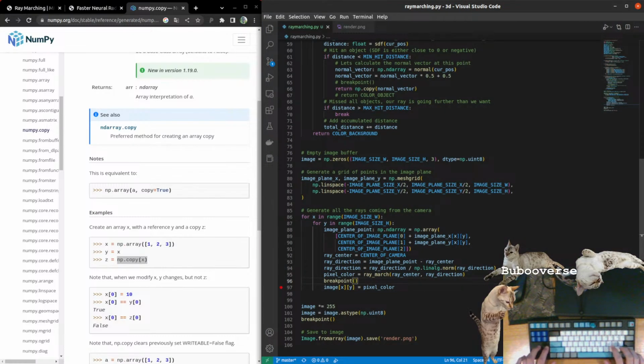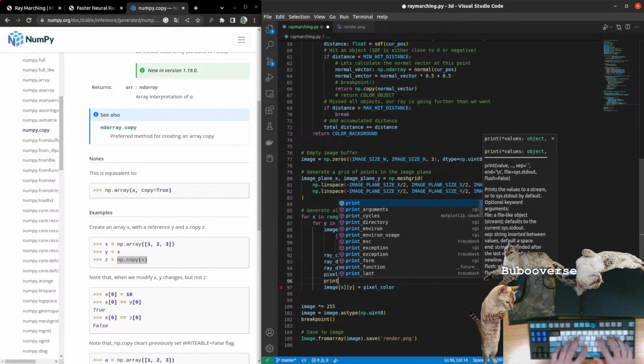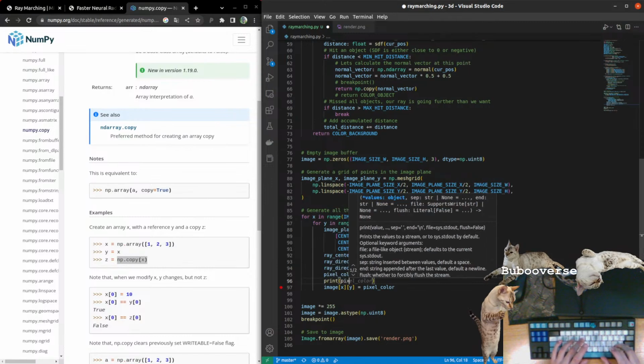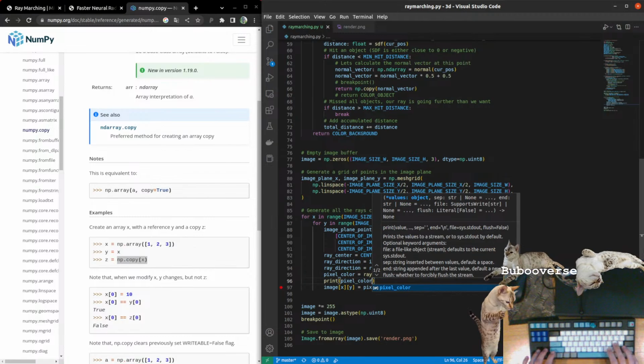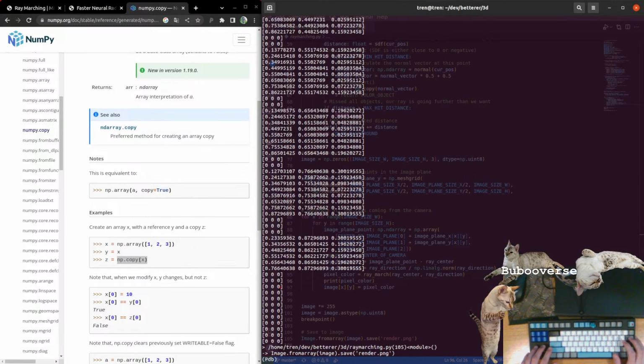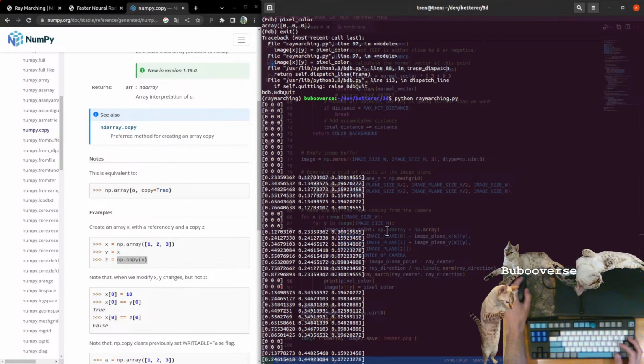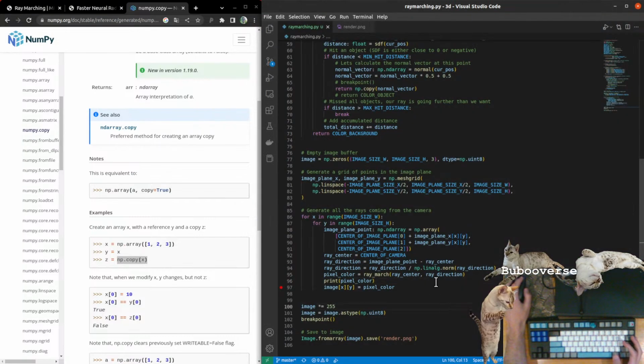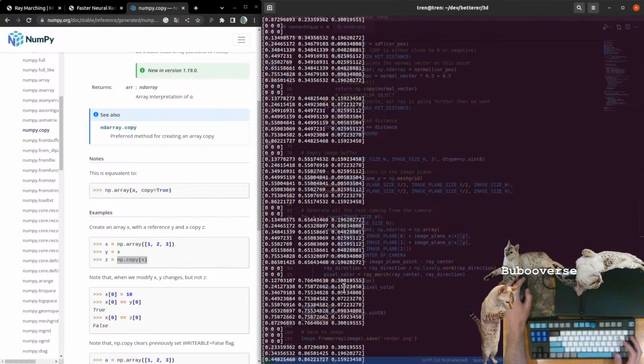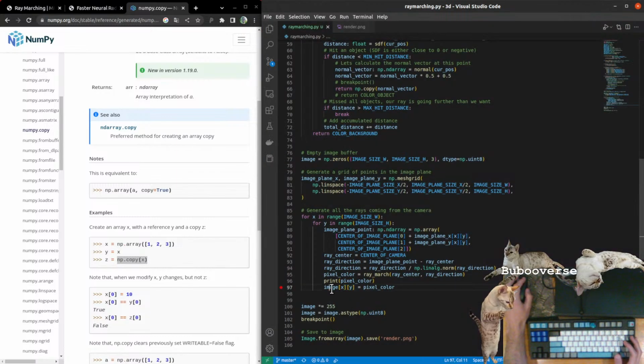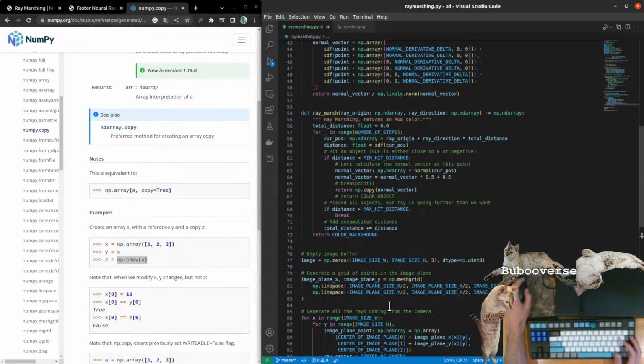So actually, let's just print the pixel color here. Okay, those are the correct colors. So now, when we're setting the image x, y to that pixel color,